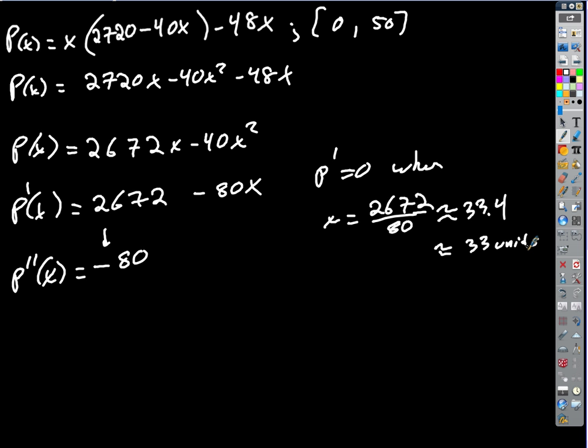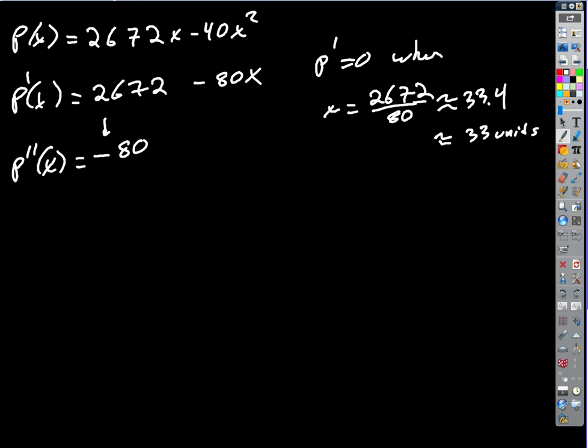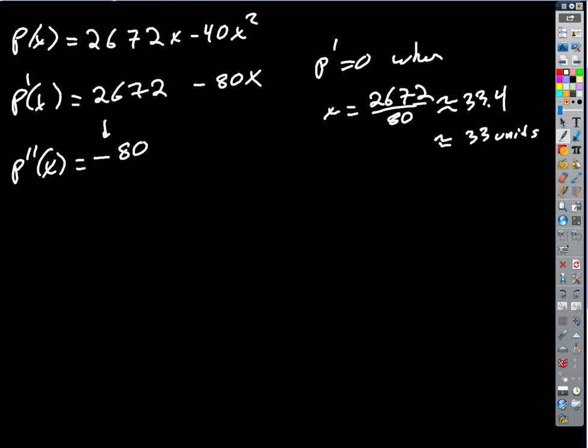But we're just trying to set a price anyway, aren't we? So never mind. If we're just trying to set a price, we might as well plug this value back into my demand function, right? Because that's all we're trying to do. Oh, we have to verify that this is a maximum, but we know it is because the second derivative is negative. So if I made a quick table,